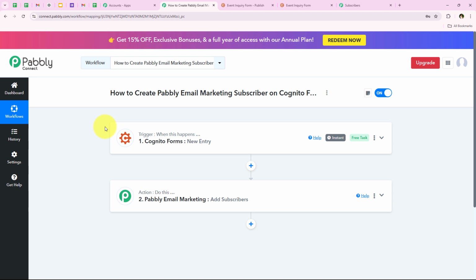So yes, with this we have successfully completed our workflow, and I'll just summarize this workflow for you once. So for the trigger application, we selected Cognito Forms. For the trigger event, we selected new entry. For the action application, we selected Pabbly email marketing, and then for the action event, we selected add subscribers because